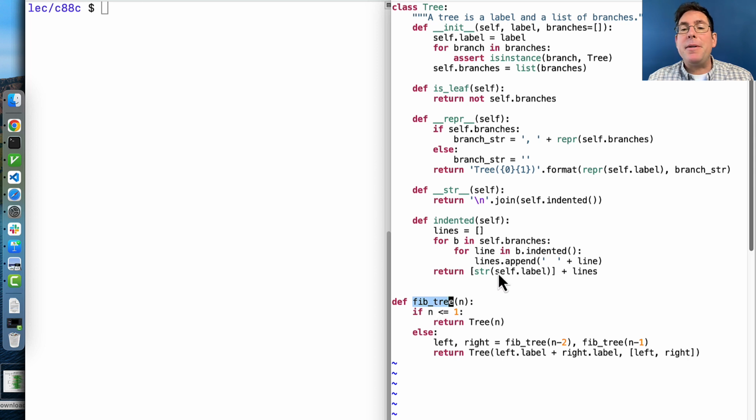In this case, a Fibonacci tree has the nth Fibonacci number at the root. The way we achieve this is to handle the base cases. When n is 0, we just make a leaf. When n is 1, we just make a leaf. Otherwise, we make a left and right branch using recursive calls. Those are smaller Fibonacci trees. And then we put them together into a new Fibonacci tree by adding together the labels of the left and